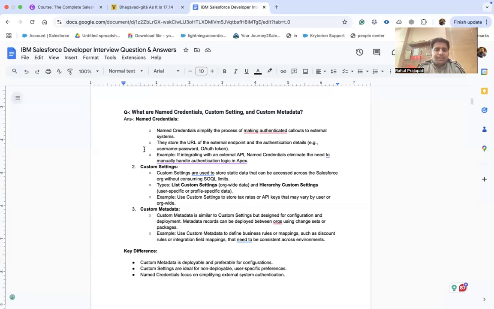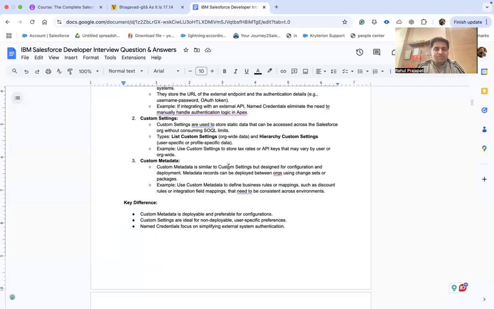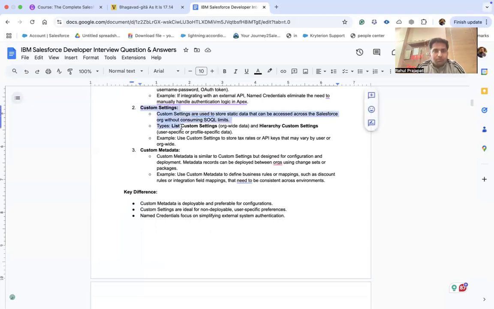If integrating with an external API, use a named credential, eliminating the need to manually handle authentication logic in Apex. So guys, I'm explaining these details, but make sure you have a good understanding of what these topics are and what they do in Salesforce. Custom settings are used to store static data that can be accessed across the Salesforce org